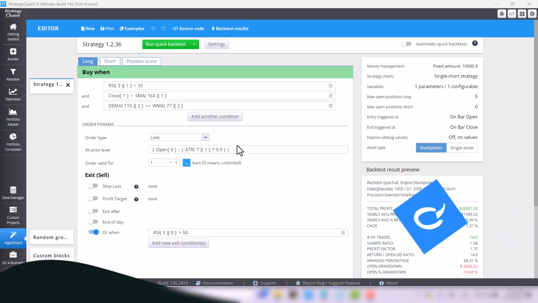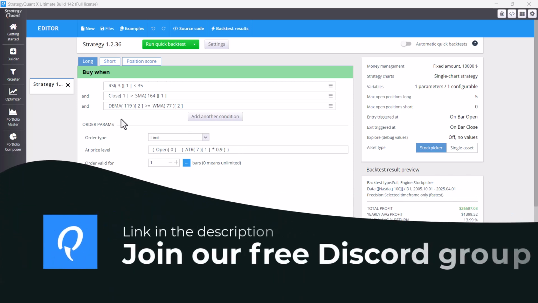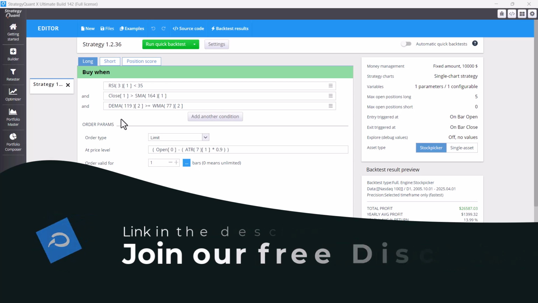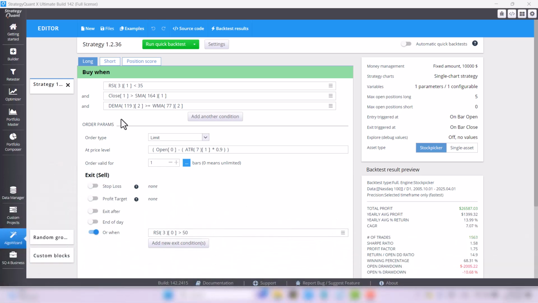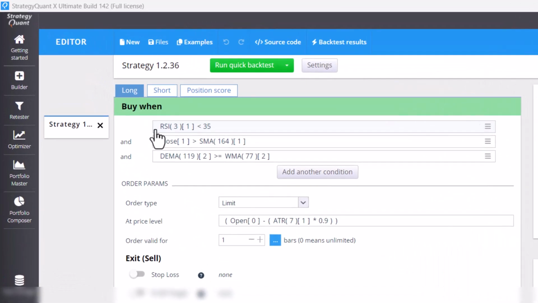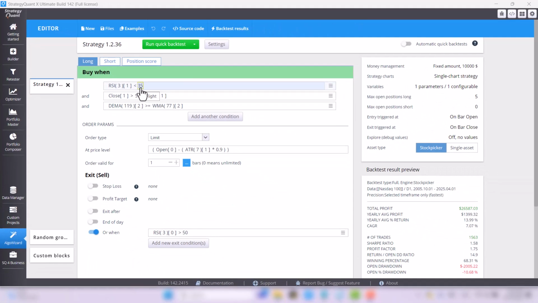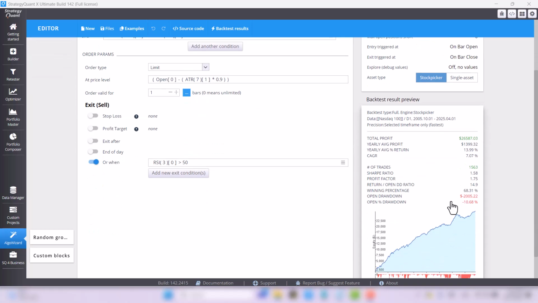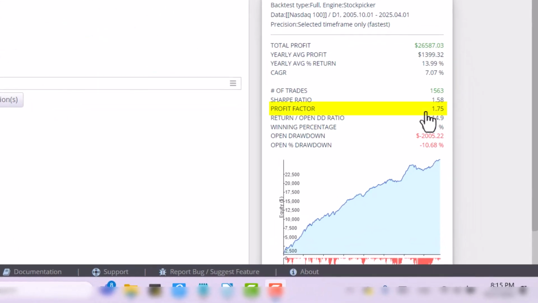The first test we are going to run is a parameter range test. This test can be done automatically, and if you are interested in doing it, let us know on Discord. However, now we will do it manually so you can learn something more about robustness. The key here is the entry condition that the RSI is lower than 35. The strategy had, with the parameters it generated, a profit factor of 1.75.